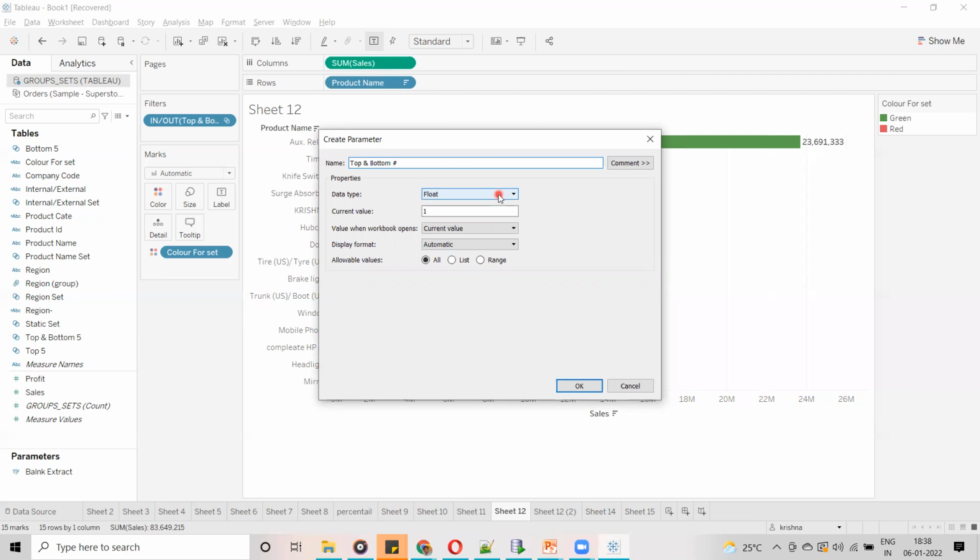The user is going to enter integer values, numbers, so the data type is integer. The display format is fine, no need to change it. Allowable values: all. If you choose all, the user can enter 10 lakhs, 1 crore, whatever value he wants. The other option is a list. I am going to keep all and click OK.